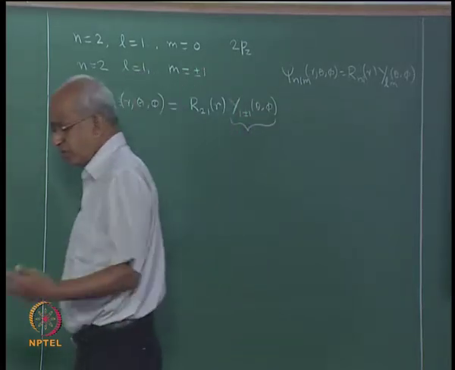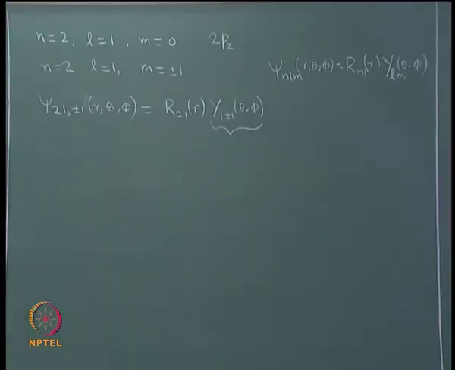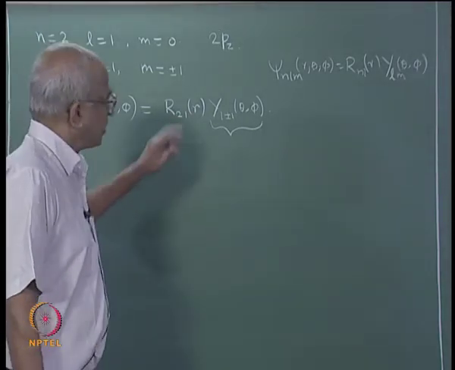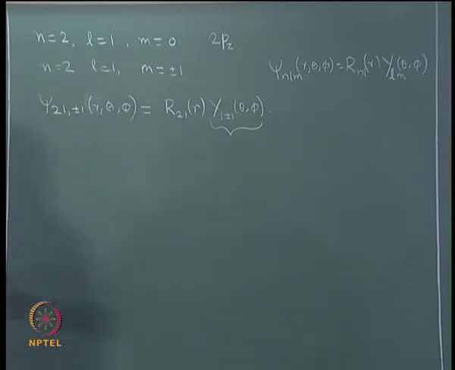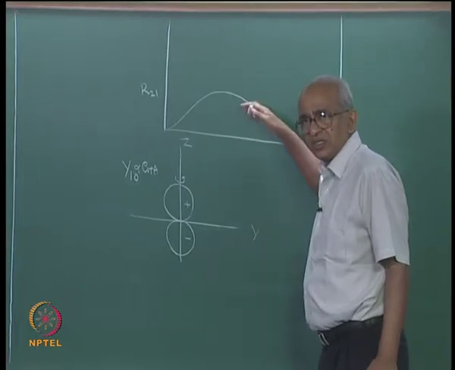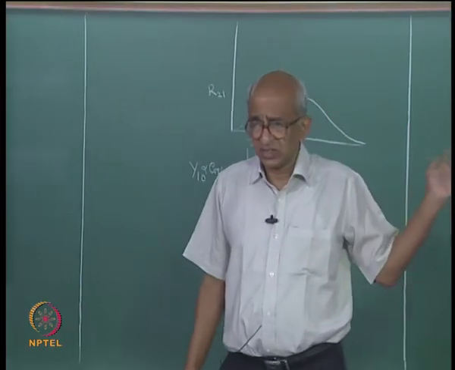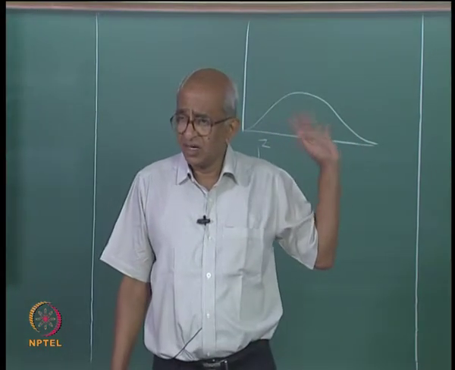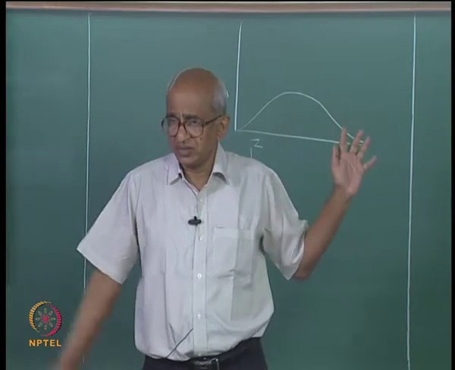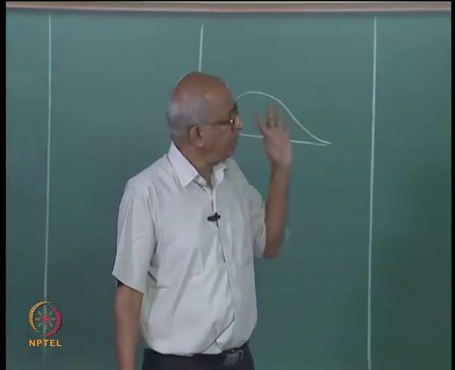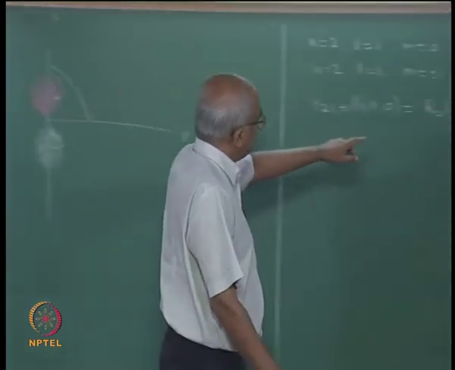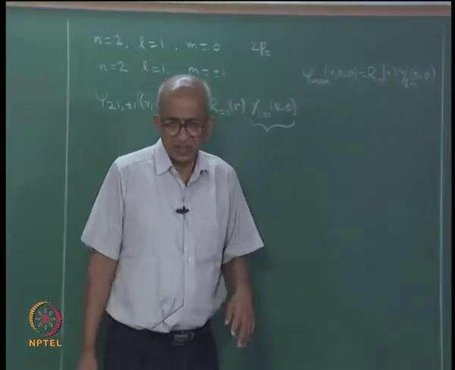And as I told you, this function is known as the spherical harmonic function, one of the spherical harmonics, and this is the radial part of the wave function. This R21 actually we do not have to discuss, because we have already discussed it in the case of 2pz. So, as far as the radial dependence is concerned, this function and the 2pz functions are the same, there is no difference. Okay. So, therefore, I have to look at just Y1 plus or minus 1,